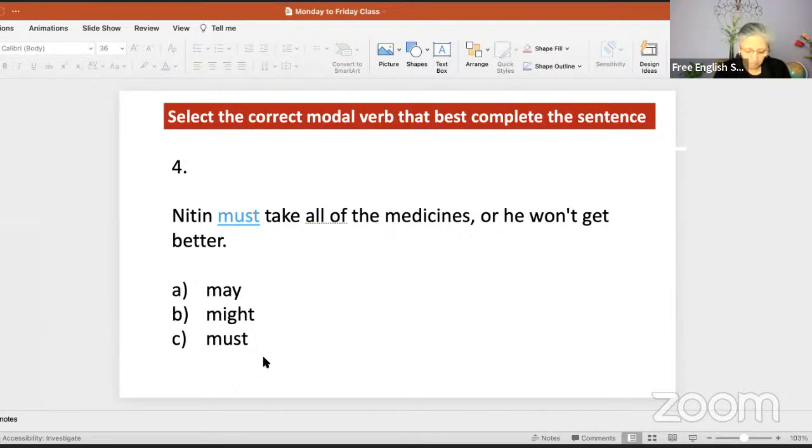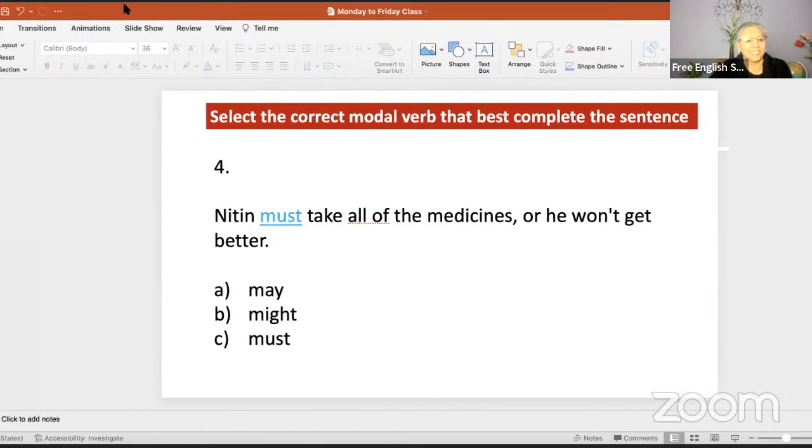ओके, मस्ट, यस, मस्ट. मिथिलेश, एक्सलेंट. नितिन मस्ट टेक. यस, मस्ट में बहुत ज्यादा स्ट्रांगली किसी को बोला गया है, राइट? मस्ट हम कहते हैं कि करो, जरूर करो, नहीं तो फिर पछताओगे, लाइक दैट. ओके,